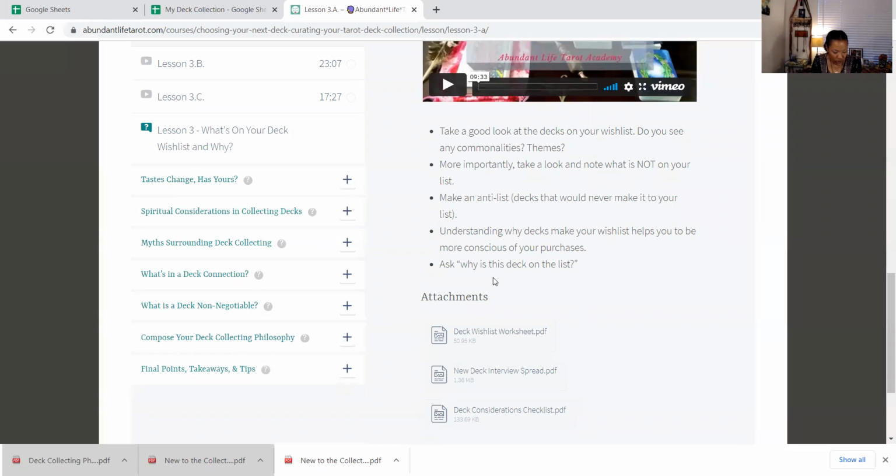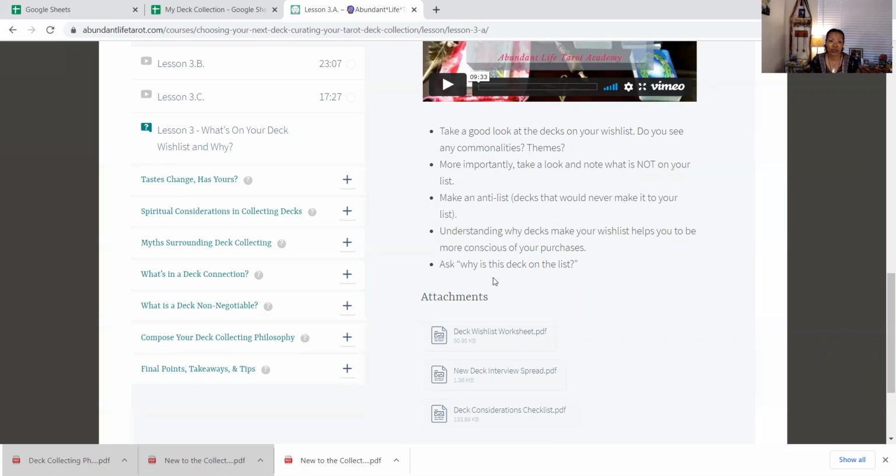Are there reasons someone should forego keeping or adding an item? I think so. And I talked about this a lot in today's lecture with the students. That could be those mass market decks that will come and linger, right? So here's the thing. I don't always add decks to my wish list, and especially pre-pandemic, I didn't. If it was mass market and I was kind of iffy on it, I'm not going to add it because I figured, oh, I'll get it if I want it, or I'll add it to the wish list later.